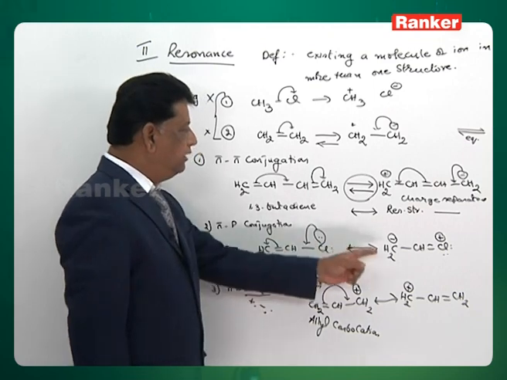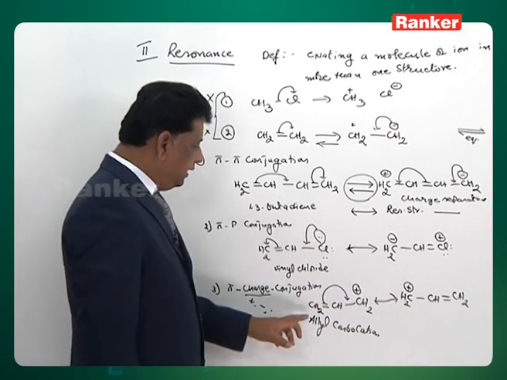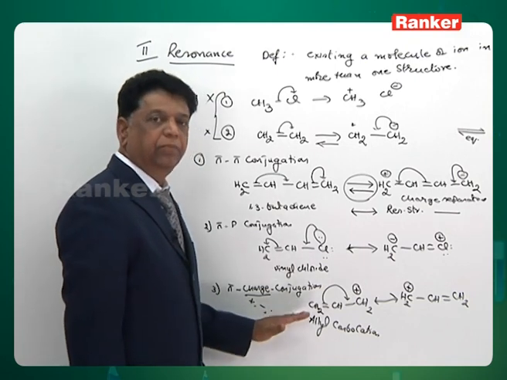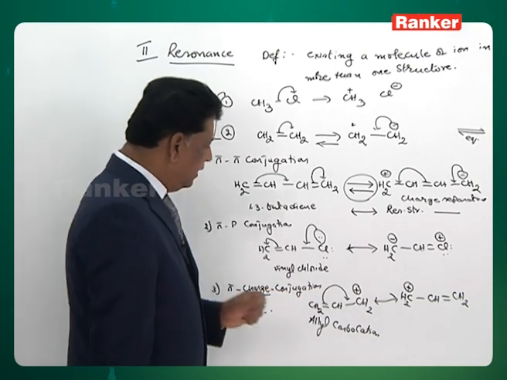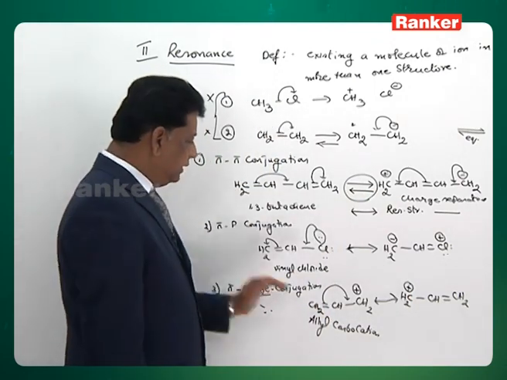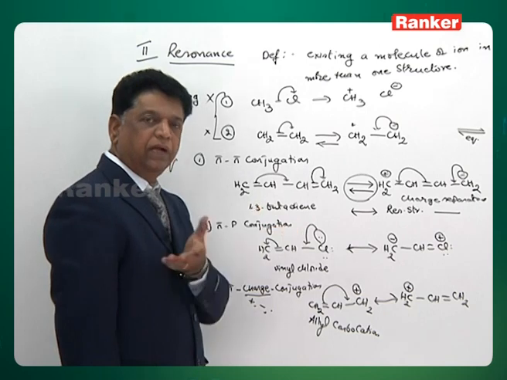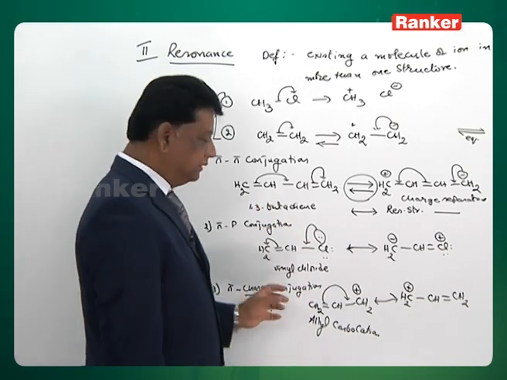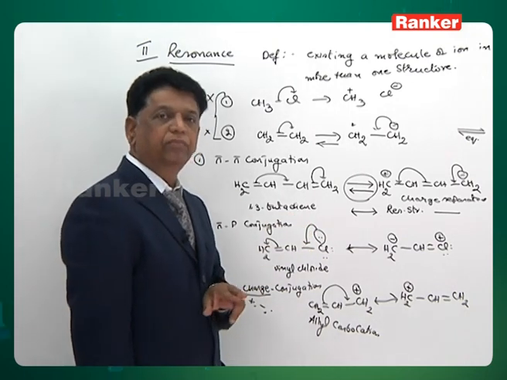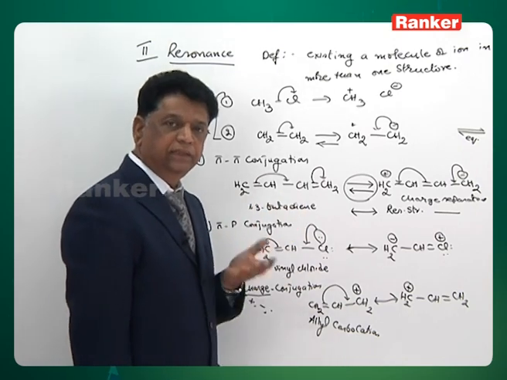At least in these two there is one point. This and that are not the same, isn't it? Here this and that are nothing but the same, right side, left side, that's all. Now in resonance, in this particular example, we have one more problem of understanding. This is nothing but the same thing. How can you say it is another structure? No. Let us say one train has gone, another train has come, of the same type of model, we can't say that there is only one train, isn't it? Just because two trains are identical, you can't say there is only one train. If they come at a time, you can say two trains, but one after the other is coming, all are identical, therefore you can't say there is only one train, isn't it?